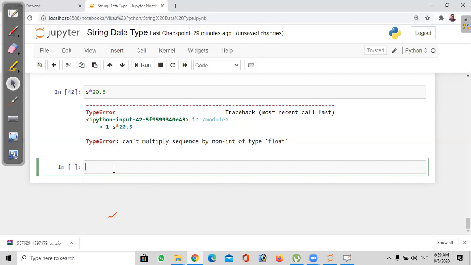Palindrome means if you read these letters in different directions, for example, madam. When you take madam, if you read from either direction, it will give the same word. Even after reversing this one, it will give the same result. So here I'll write an example program.